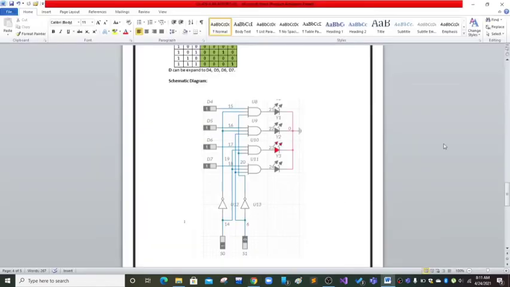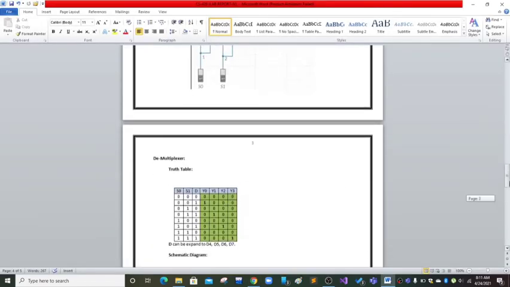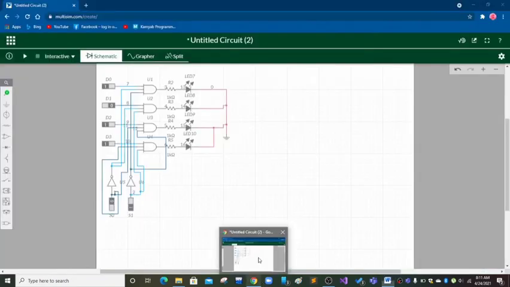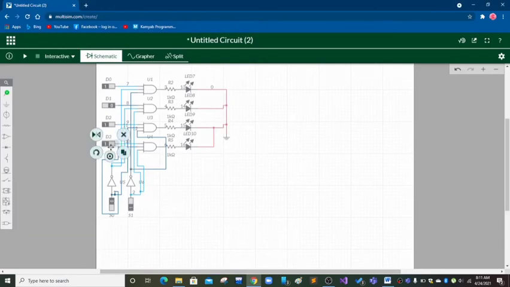And here is the truth table of the demultiplexer. As I said, we don't need 4 digital constants. We can make our circuit with one digital constant. We are going to apply this. Let's see what happened.